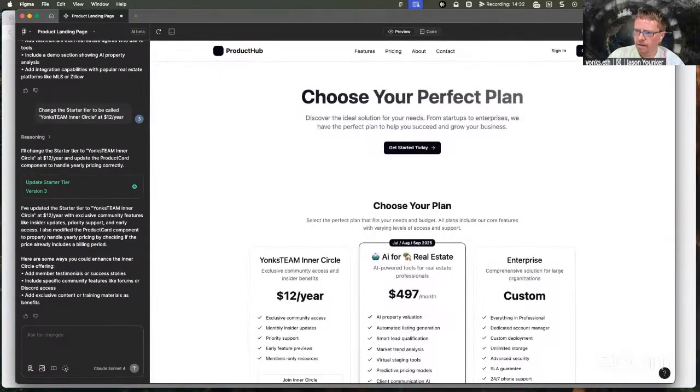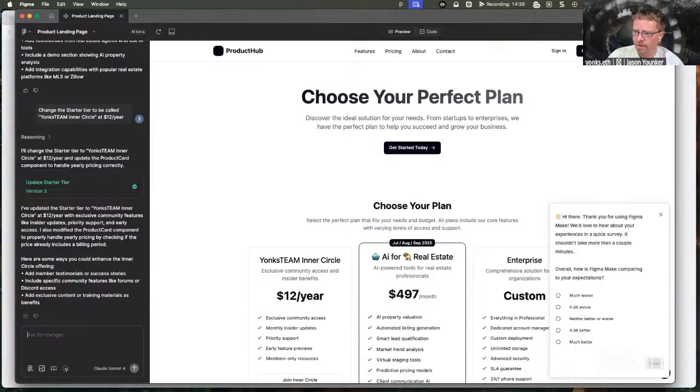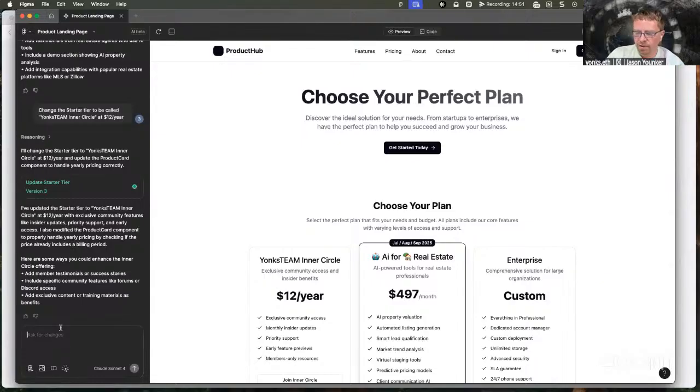So let's see. Yonk's Team Inner Circle, exclusive community access and insider benefits, $12 a year. And look, it even updated the benefits too. That's pretty amazing. Hi there. Thank you for using Figma Make. We'd love to hear about your experiences in a quick survey. So let's change the enterprise tier to be,